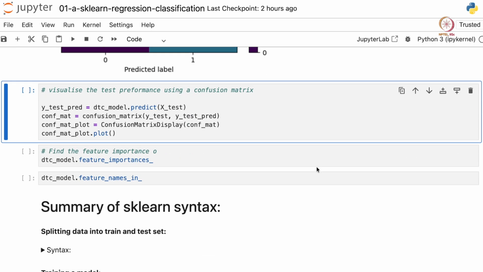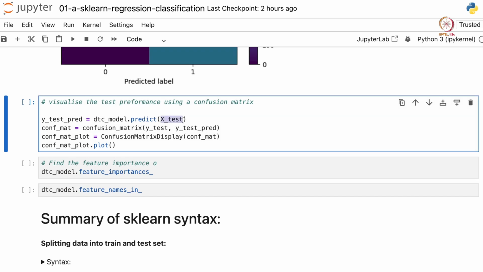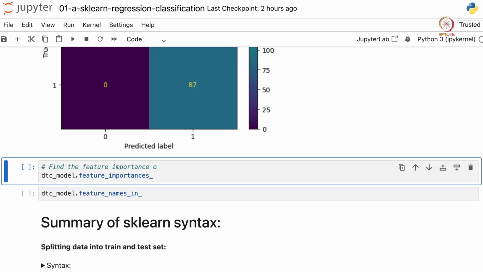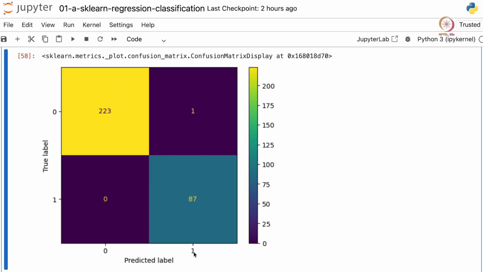Let's do the same for our test set. So we use the same code as before, just that we use our test features here. These are data points that our model has not seen, and it is predicting without seeing these data points. So we do the same here, and we see that even for our test set, the model performs pretty good, but it gets one data point wrong. Basically it predicts one true value as false here. Otherwise this is doing pretty well.